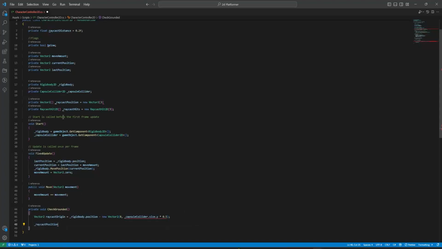Don't forget we created this new vector 2 called raycast position, which has 3 axes: the left, right, and then the center. So we say raycast position